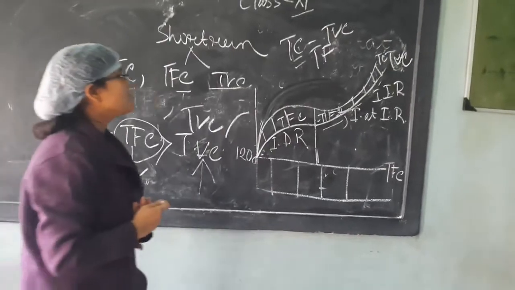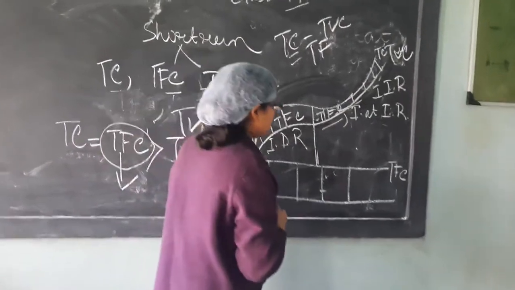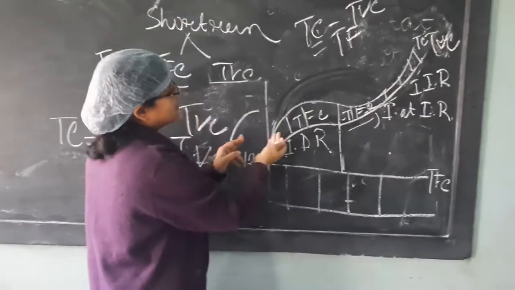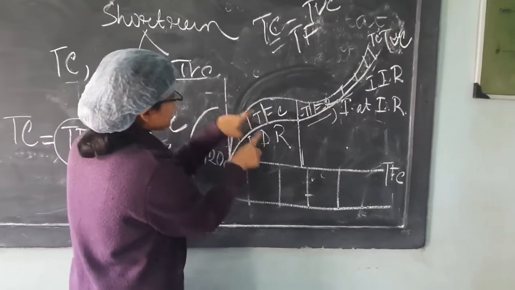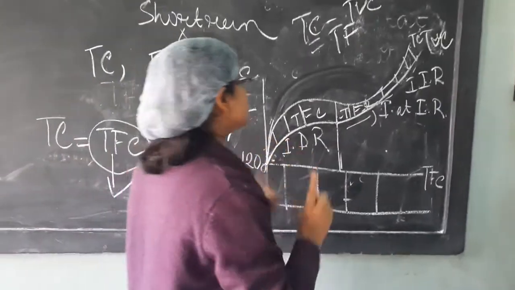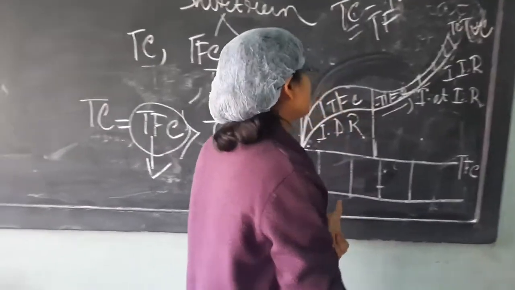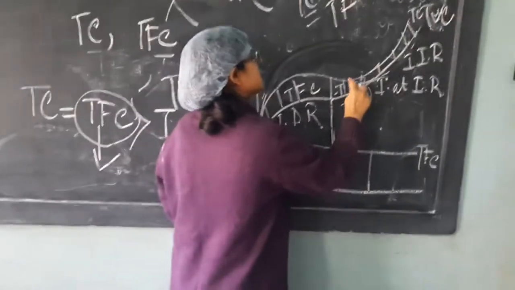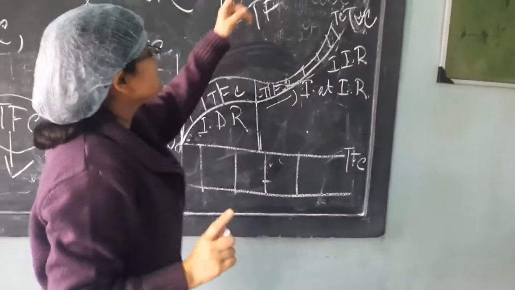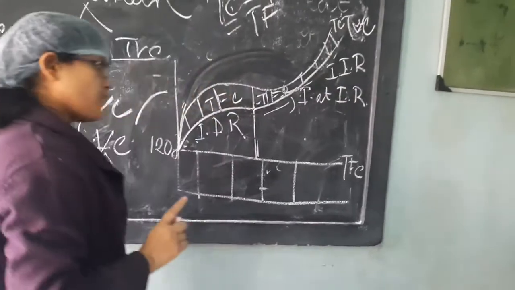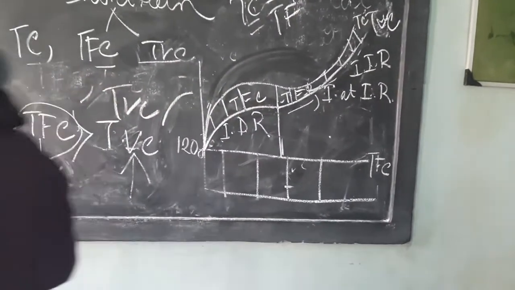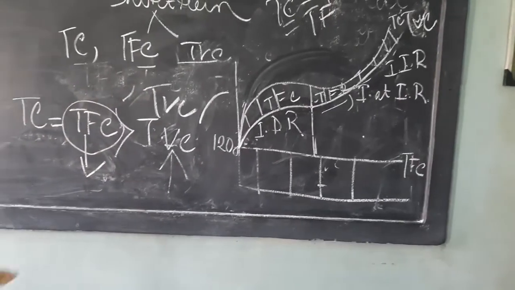So remember, when you draw the TC card and the PVC card, at first the distance between PVC and TC will be more, and afterwards when the PVC increases at an increasing rate, then the distance between TC and PVC falls down and both the cards become narrower. Am I clear? Now this part is over.